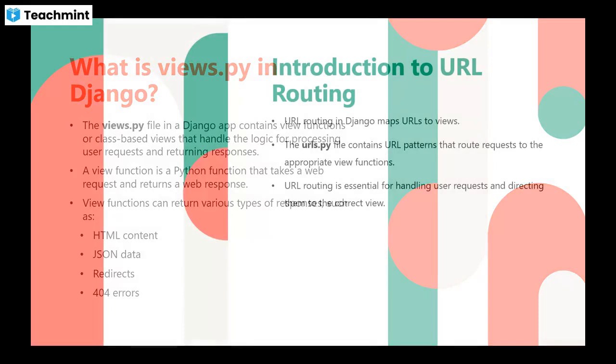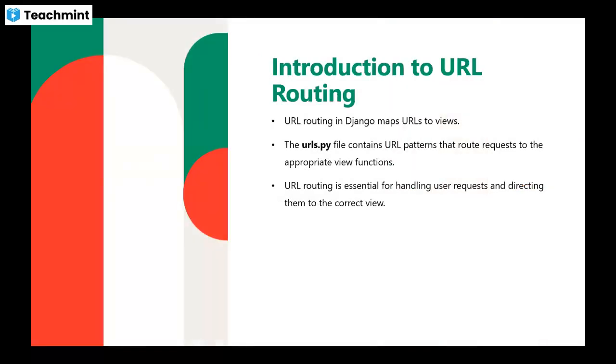URL routing in Django maps URLs to views. Just now we have discussed views, right? And we also said that for each URL there will be a separate view function to handle it. So in URL routing we'll map the actual